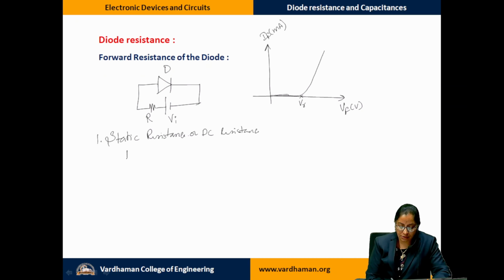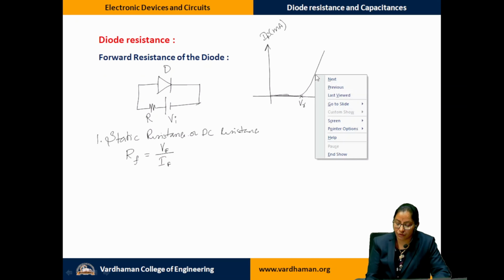So your resistance under forward bias condition, I am calling it RF, and this is simply a ratio of the forward voltage, as per Ohm's law, V by I, forward voltage versus forward current, the ratio of it. And from the characteristic curve, if we want to define the same, we can just identify any one point after the conduction gets started. After V gamma, we identify one point, and that particular point is taken and extended